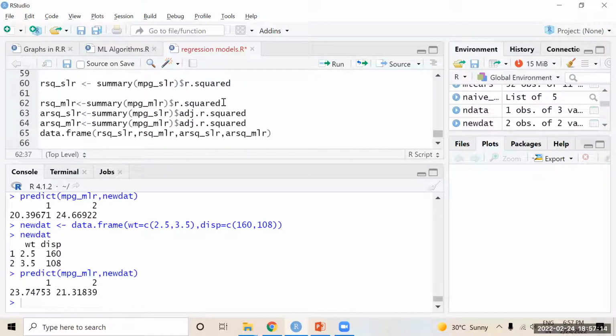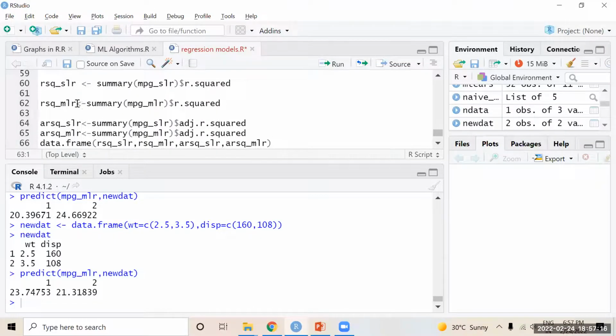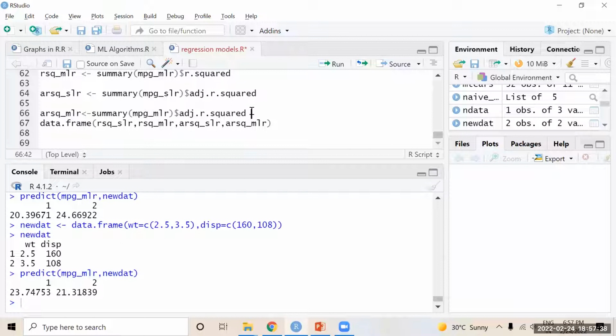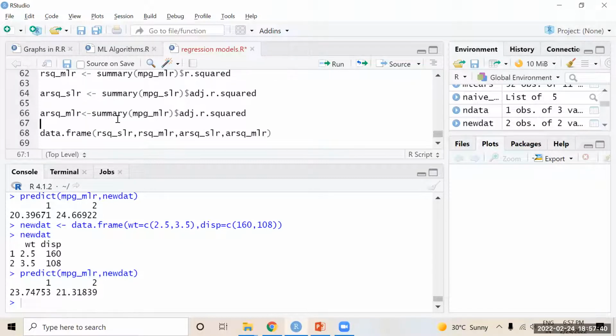Next I'm calculating the same R squared error for the second model MLR, which is stored in the second object. Another extended measure is adjusted R square. That I am calculating and storing in ARSQ_SLR. Okay. Now after this, I am calculating adjusted R square for the second model also in a different object. So how many measures am I calculating?